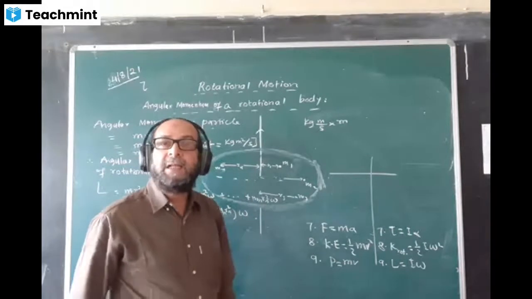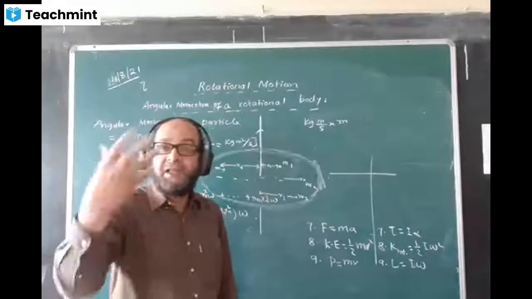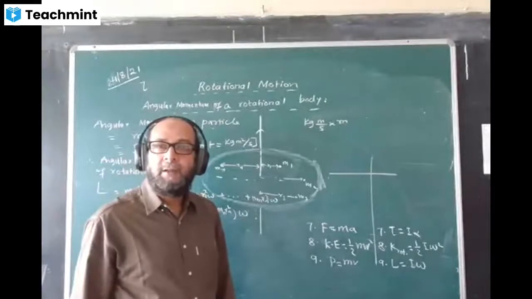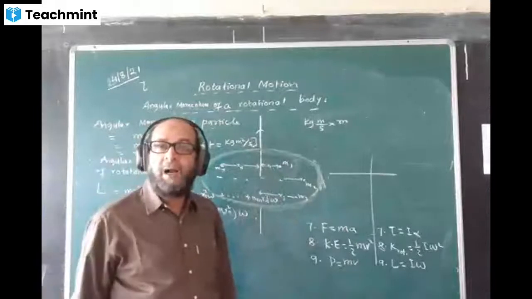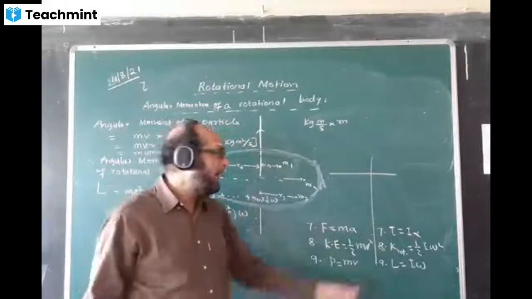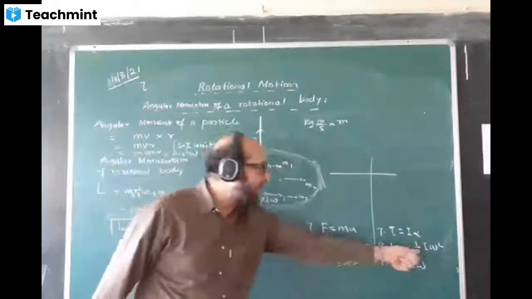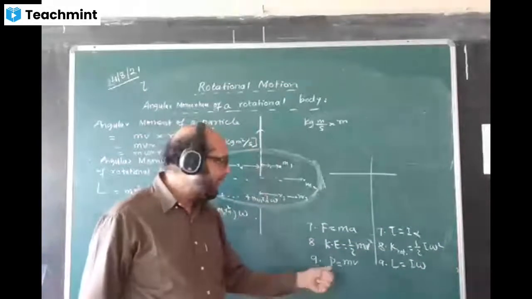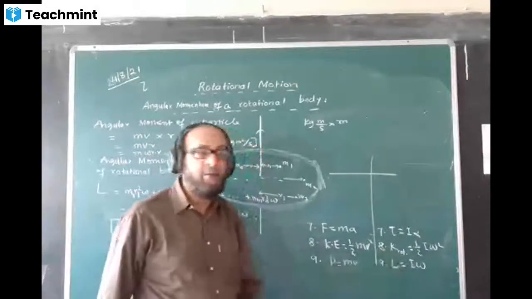Did you understand? This is the reason why moment of inertia is so called. Inertia is mass. What measures the inertia of a body? Mass is the measure of inertia. So in the case of a rotational body, wherever mass is coming in the equation, mass will be replaced by capital I, moment of inertia. F equal to ma becomes torque equal to I alpha. Kinetic energy is half mv squared, but mass is replaced by I, and v is replaced by omega, linear speed and angular speed. In the linear momentum formula, mass into velocity, mass is replaced by I and v is replaced by omega.